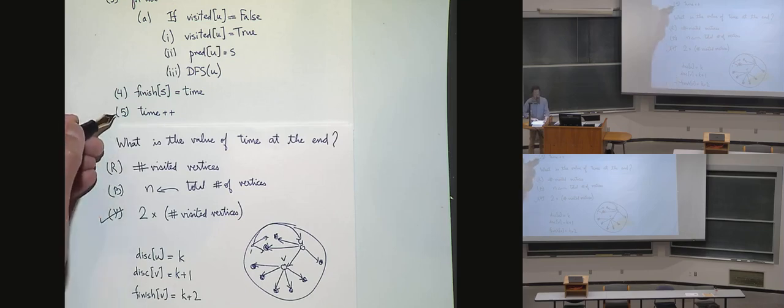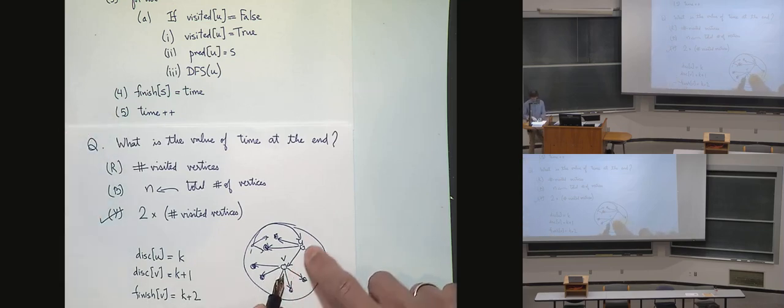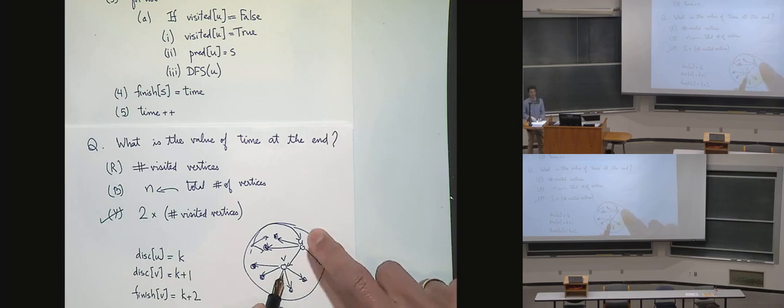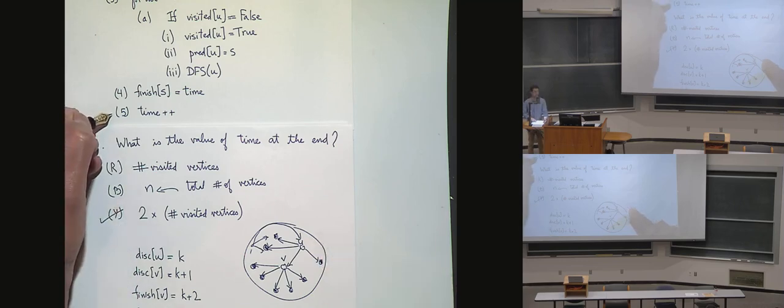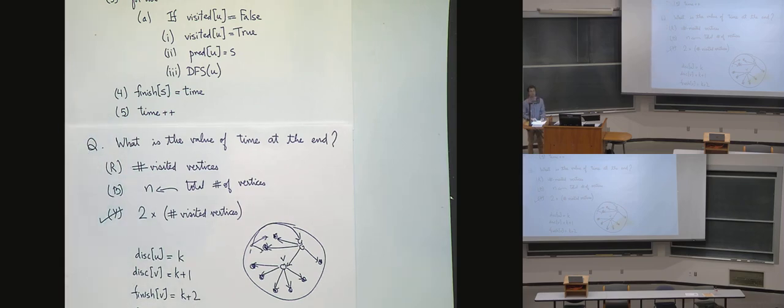And if we don't do this increment, then v is going to return, it's going to go back to u, and u is going to finish. So the finish of u is also going to be just k plus 2 if you didn't do this extra increment. That was the thing I mentioned. But if the increment is there, then this is going to become k plus 3. Okay,